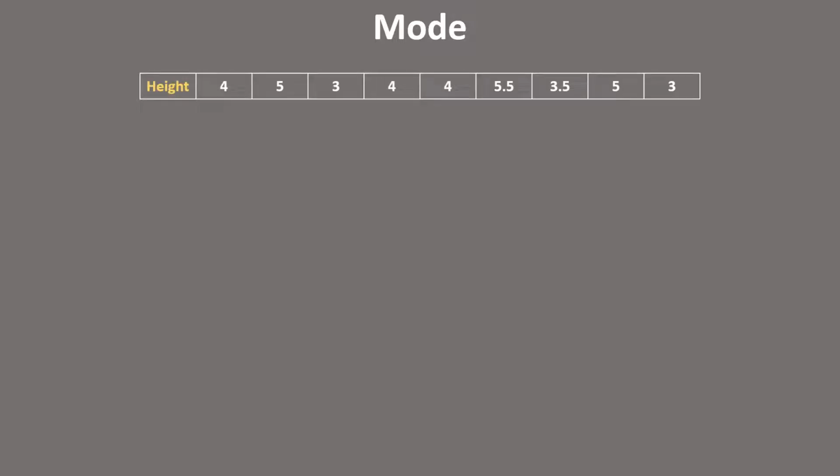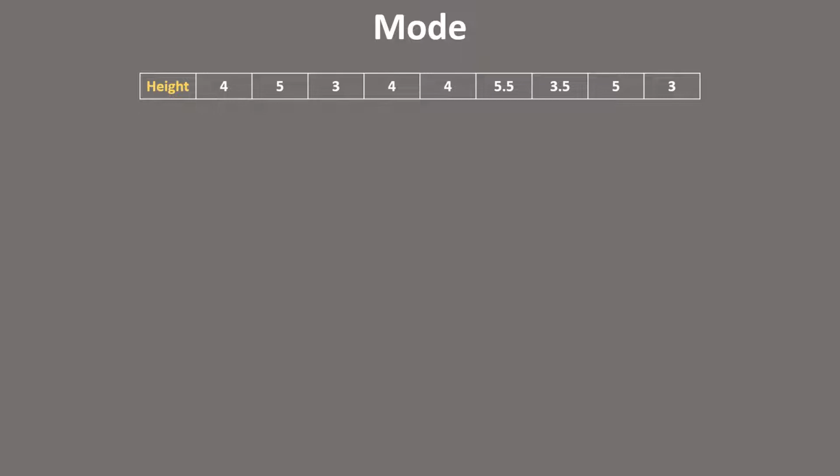Mode is another measurement in central tendency. Let me start with an example. Here is a list of given heights. Now, if I ask you which height is appearing most often, or most frequently, then what is going to be